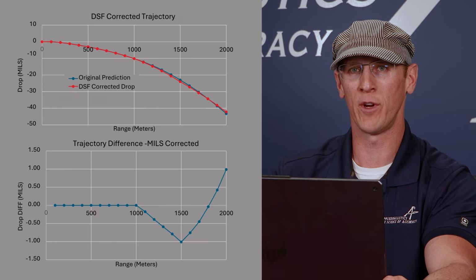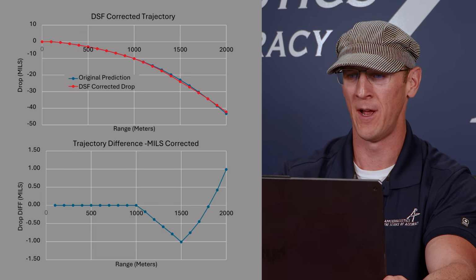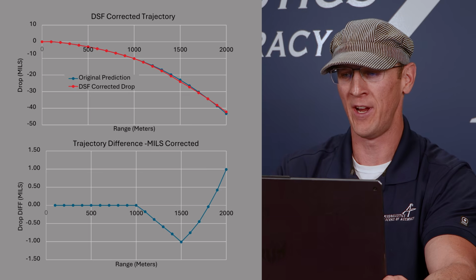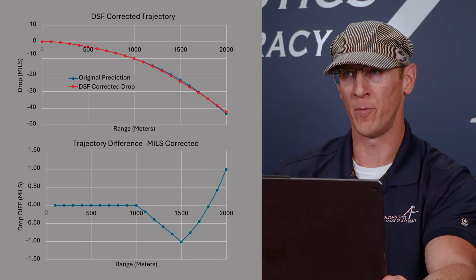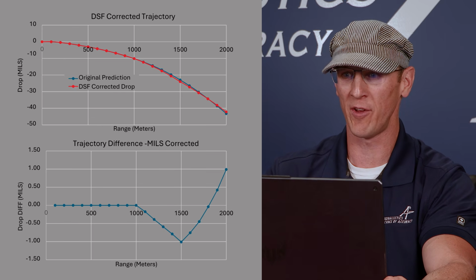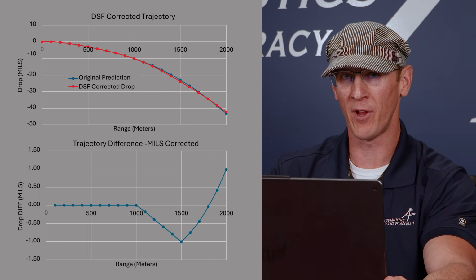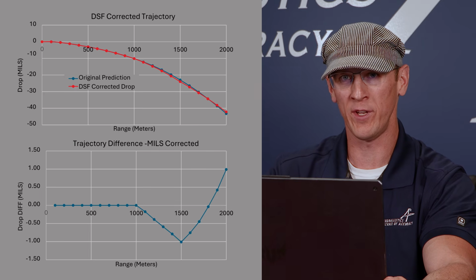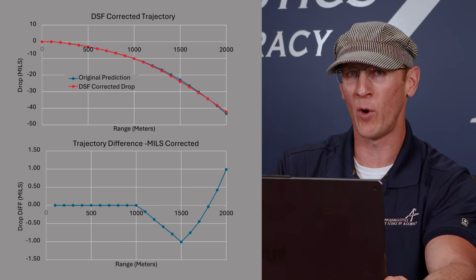All right, so if you are perfect at 1000 and you see error at 1500, for example, what you're going to want to calibrate in that case is the DSF, or the drop scale factor. The drop scale factor behaves different than the first two. It will begin applying its effect at transonic. It's really for the long range side of calibration. So it'll begin applying at Mach 1.2,